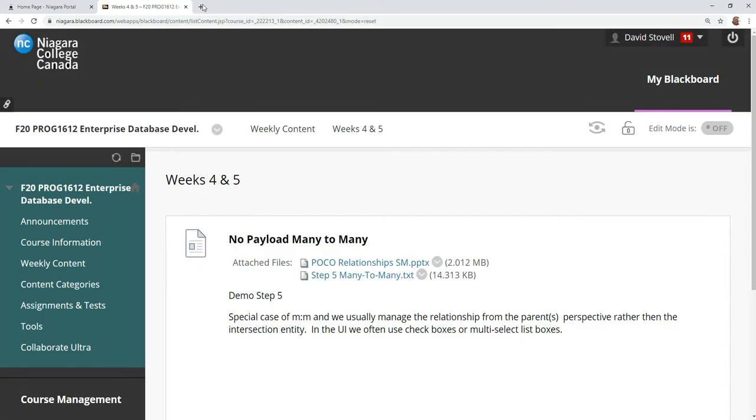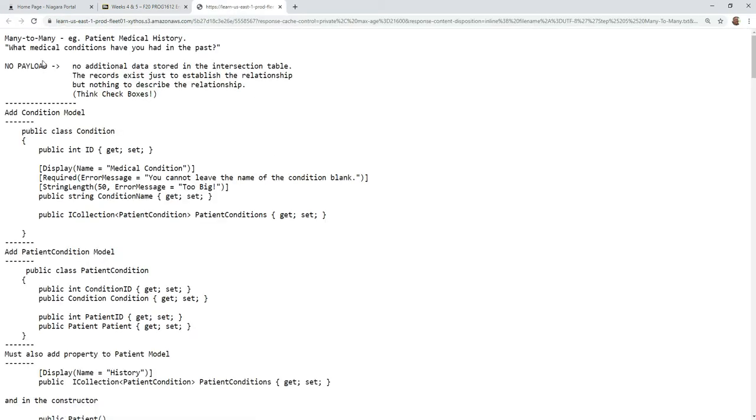Let me just bring up Blackboard again here for a second. So as I note up here, we're going to look at what medical conditions you have had in the past. Think of this example. You go to a doctor's office, you're coming for the first time. They give you a form on a clipboard, you sit down, and you put some information at the top